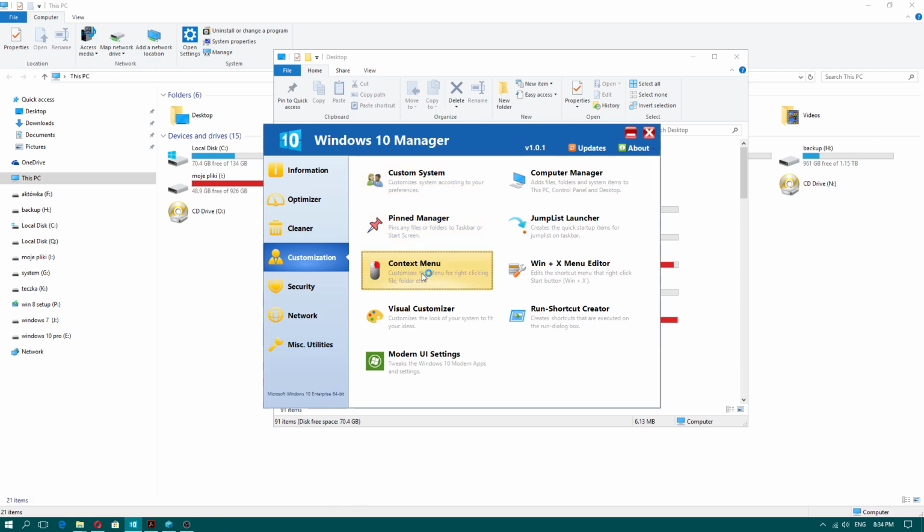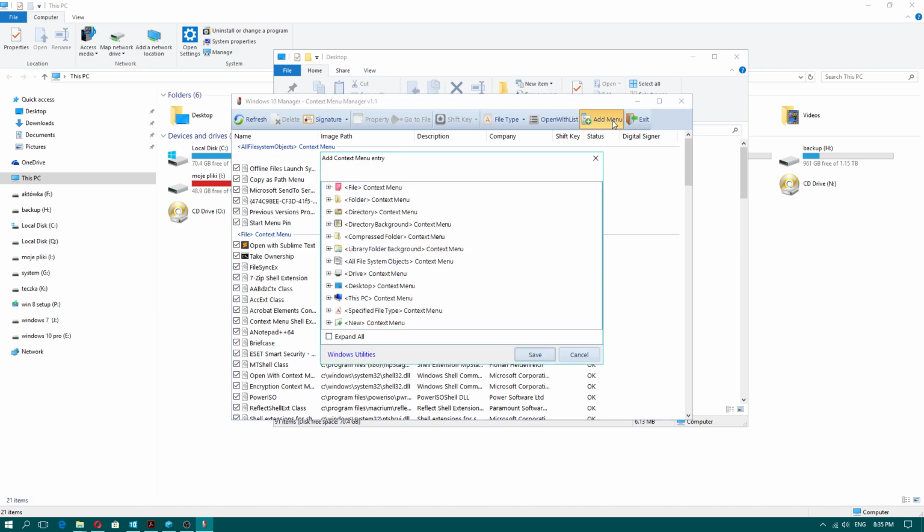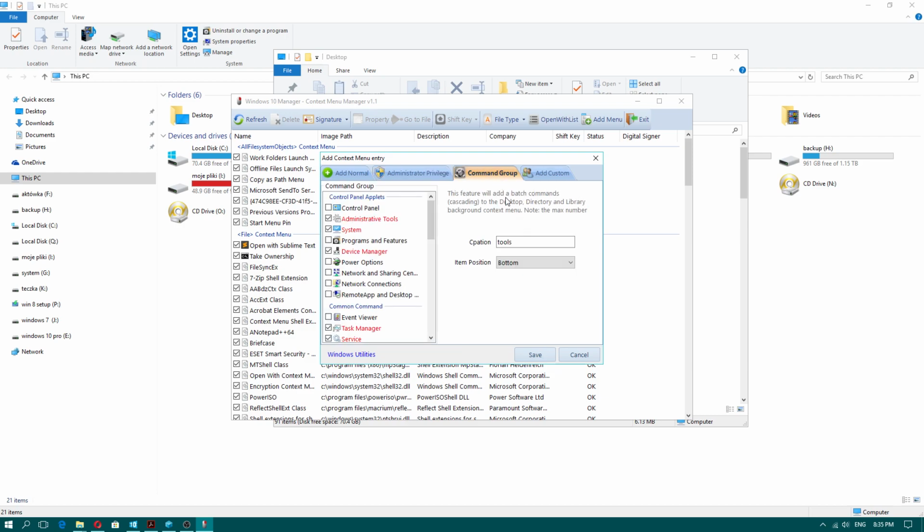When you go to the context menu, add menu, you even have administrative privilege. I'm using take ownership. Command group, this is what you do. I called this tools. Position top, I think I should really use, and I think you can add 1, 2,